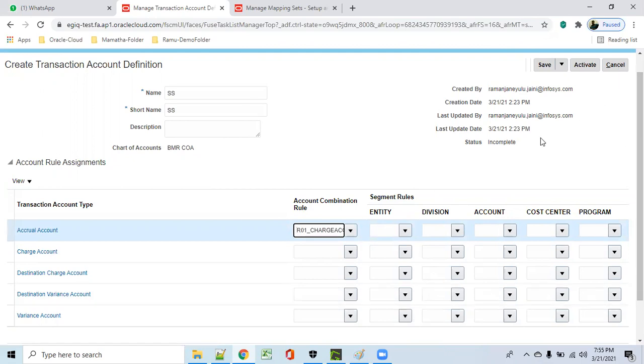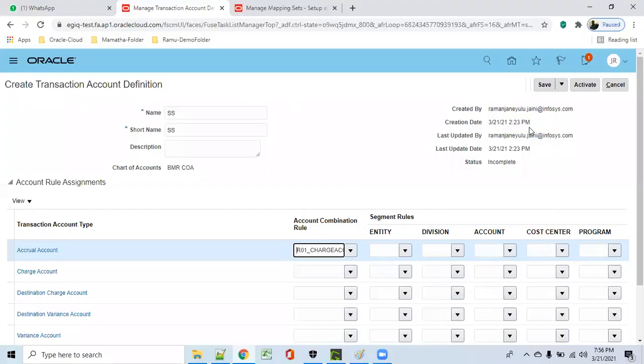So after creation of that account definition, we need to activate this.